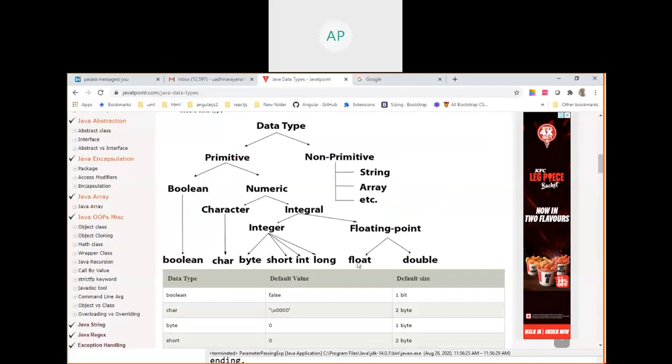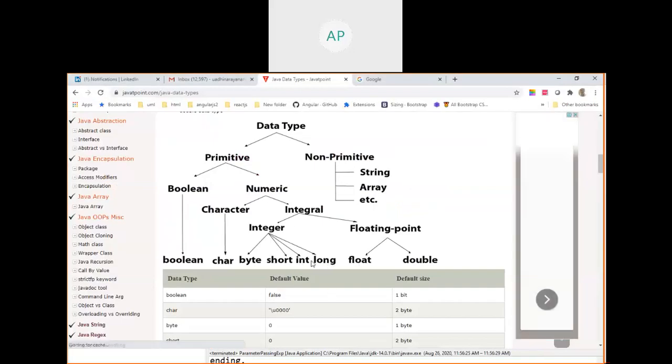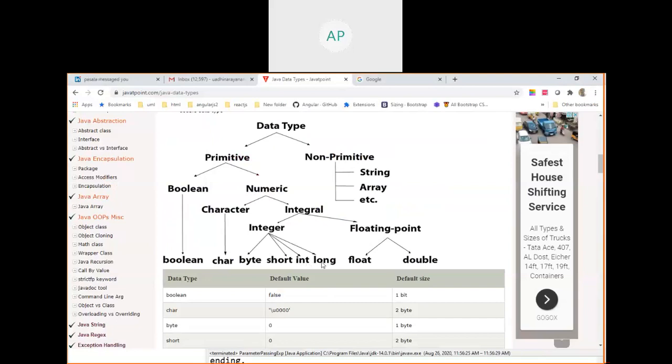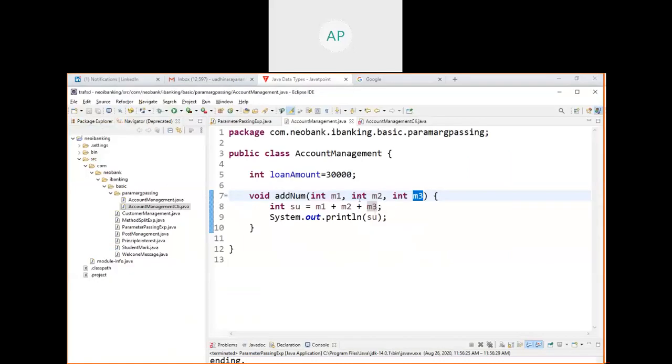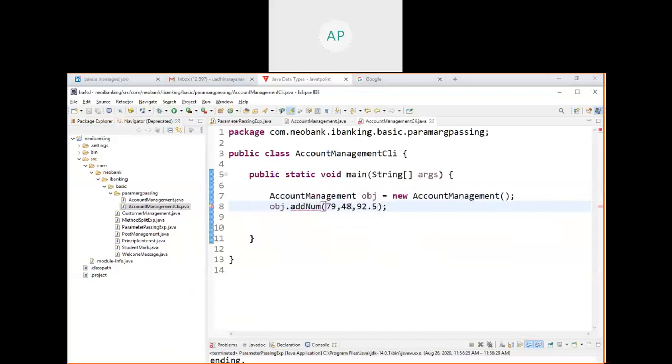So when you see here, this one will hold integer and long will hold only whole numbers, whereas this one will hold float, and double will hold a fractional value like 66.5, 8 point something. So that's the difference. That's why this method is expecting you to send only integers, three integers. But you are trying to send two integers and one that is not an integer, because it's not a whole number. So that's why you're getting the error.